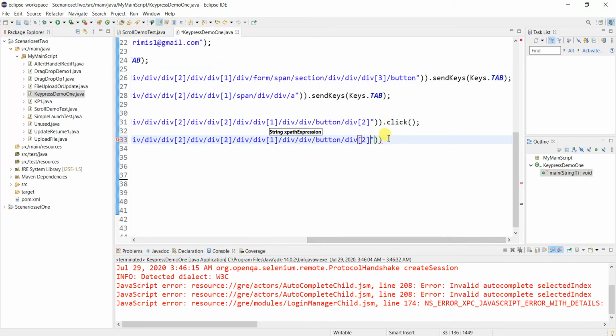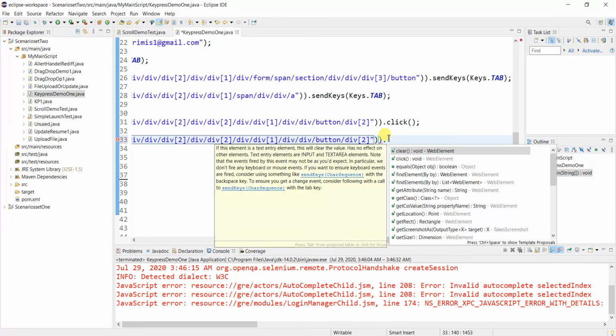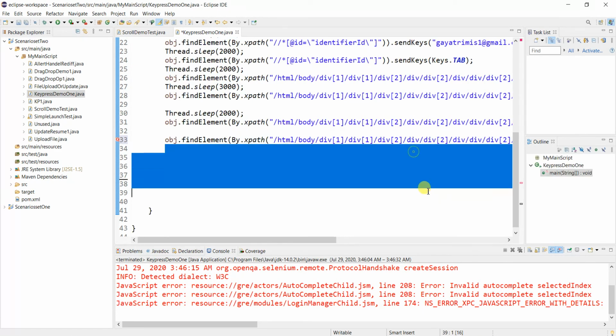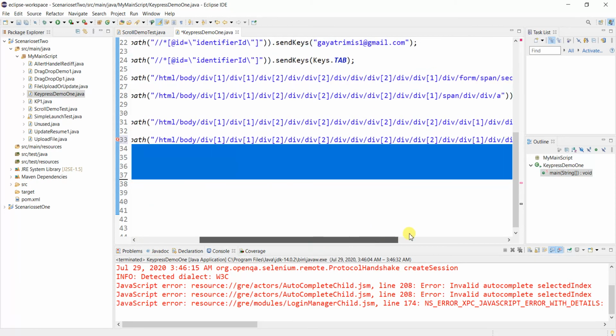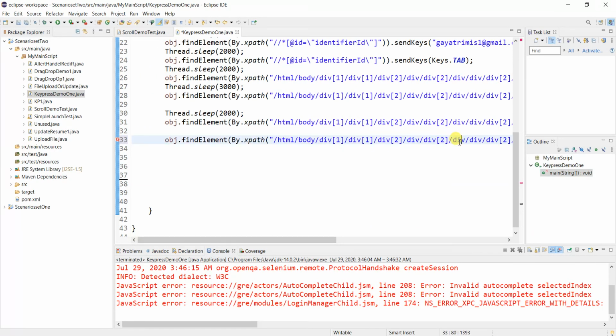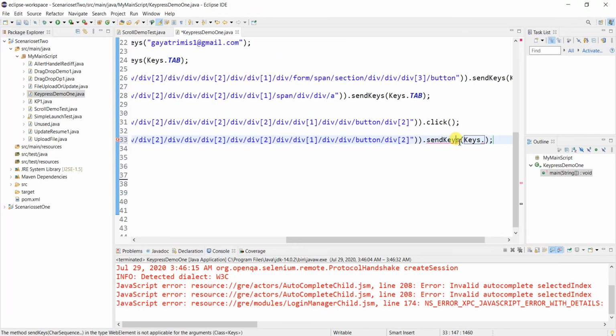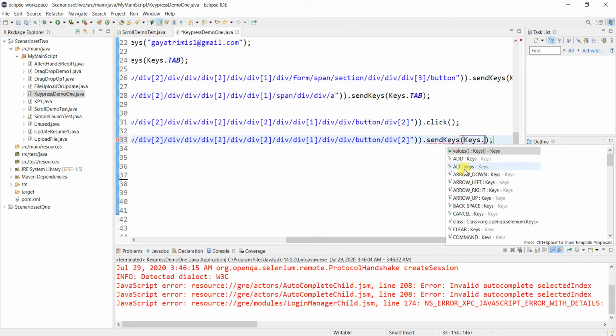I am taking a random XPath just to show you the other keys available. So keys dot, see: add, alt, arrow down, arrow left, arrow right, arrow up, backspace, cancel, clear.